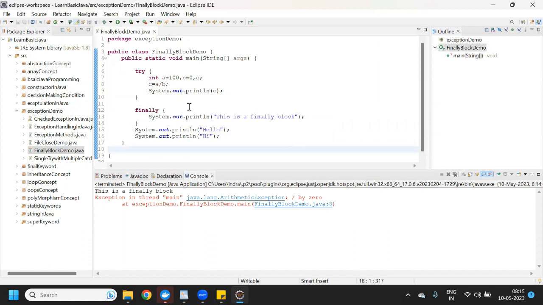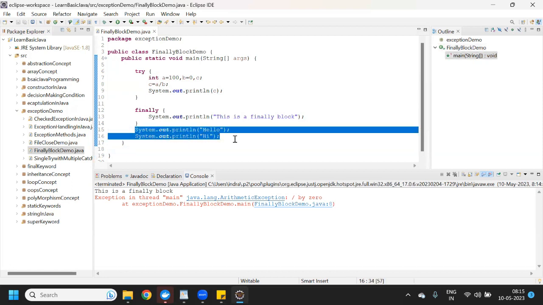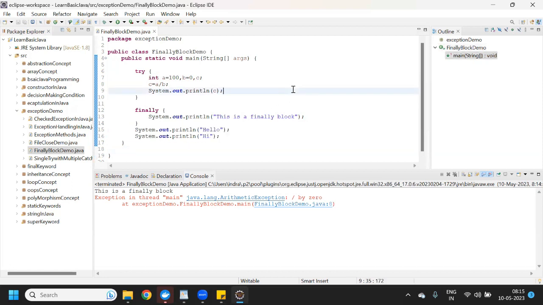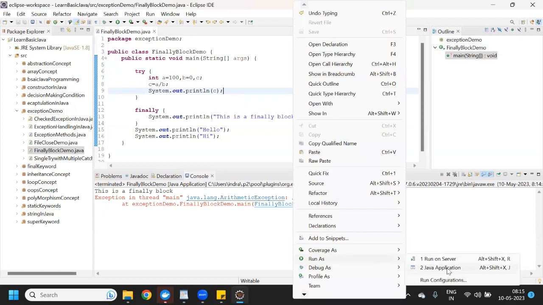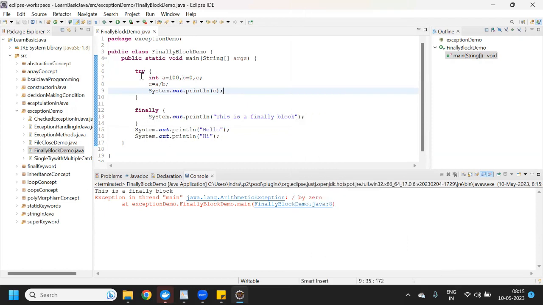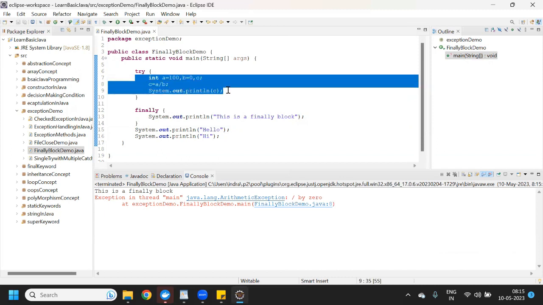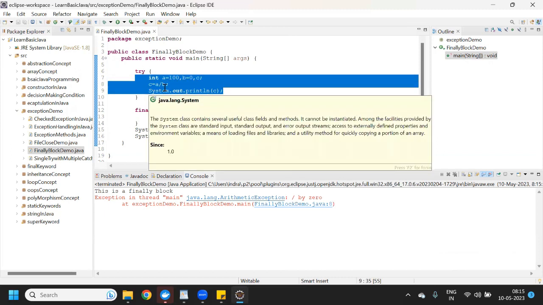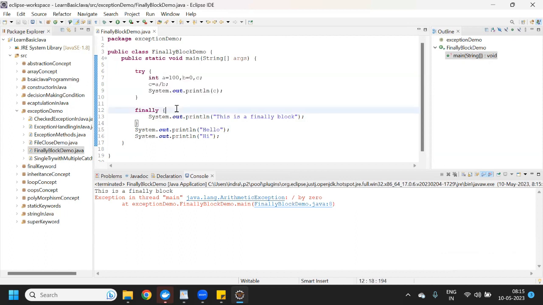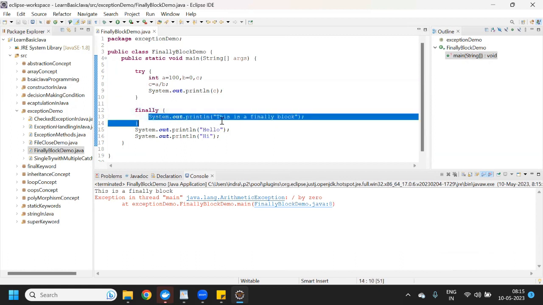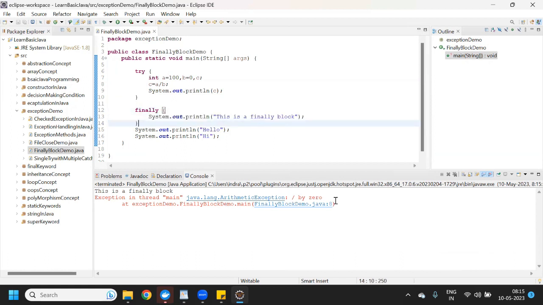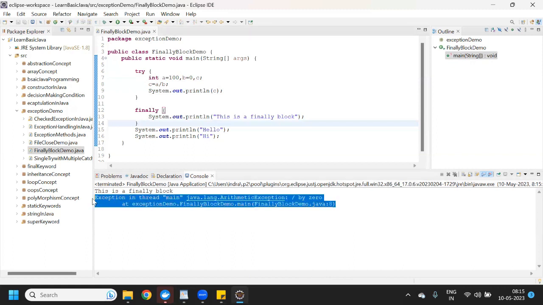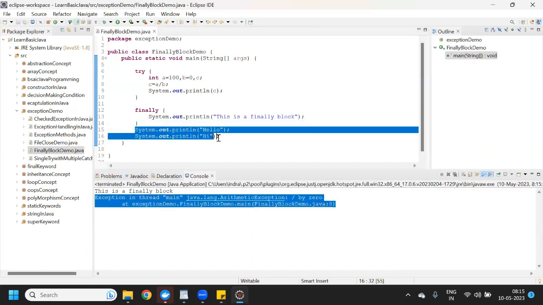But the only thing is, if you are not using the catch block, then your remaining code will not be executed. It will terminate the program. So if I run this program again, see, if it is throwing an exception and it is not handled by the try block, and we have not written a catch block, then in this case it will execute the finally block code, then throw the exception and terminate the program. The remaining code will not be executed.